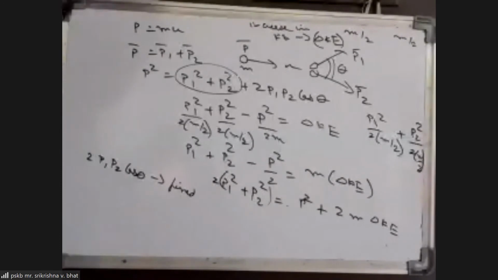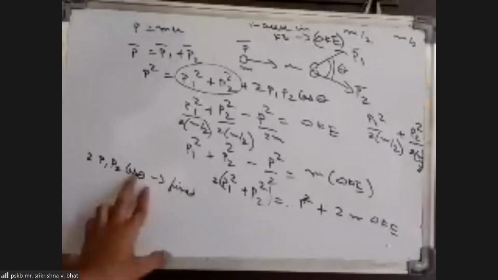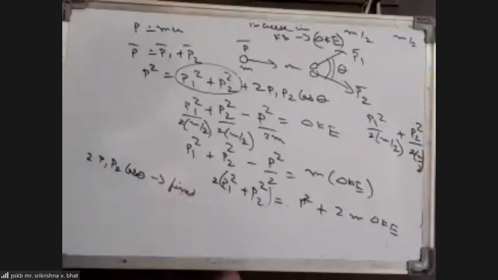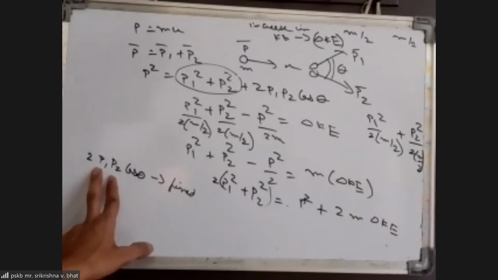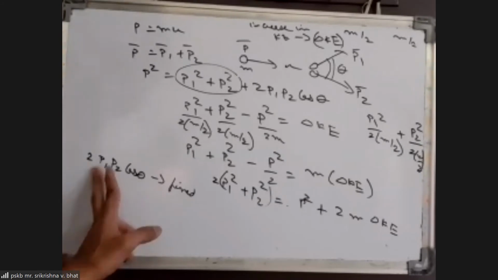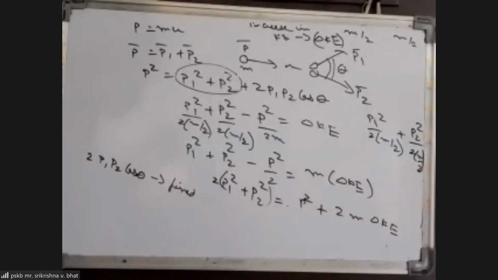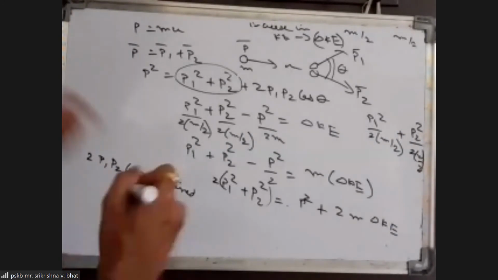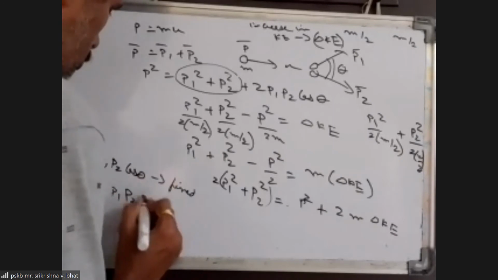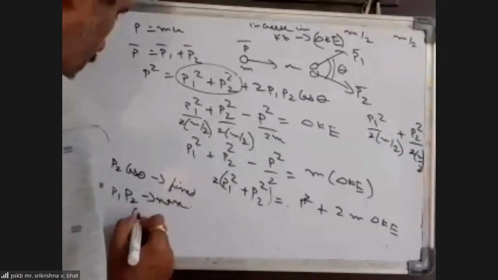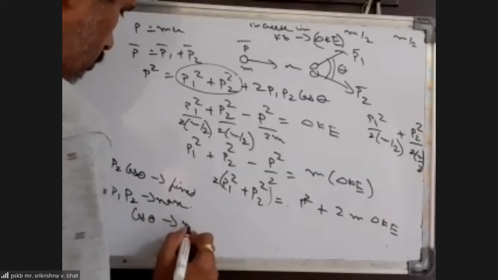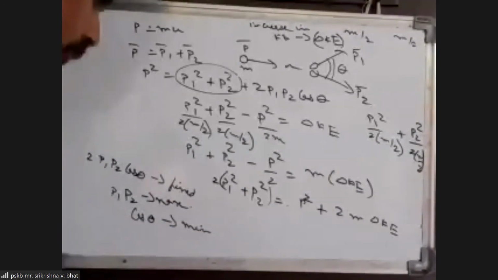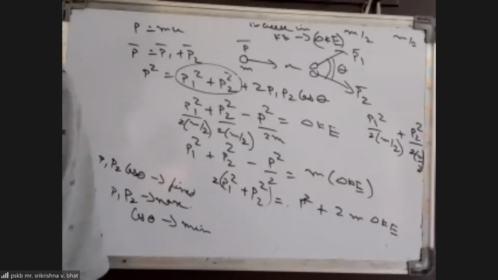Now, if this quantity is to be fixed, and if you are looking for the maximum possible angle of deflection between the two particles, then cos theta has to be minimum. We are looking for a value of cos theta which is minimum, and that could be when this P1 P2 is maximum. So when P1 P2 is maximum, you get cos theta minimum, or you can also say that will be when theta is maximum.